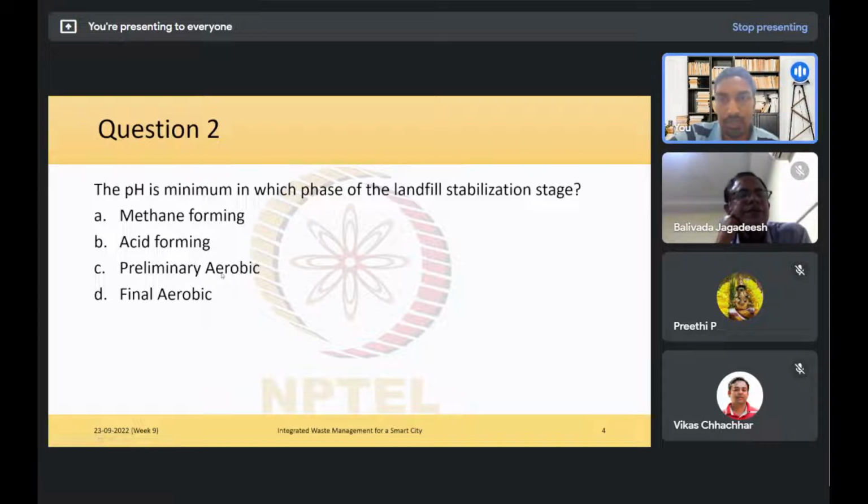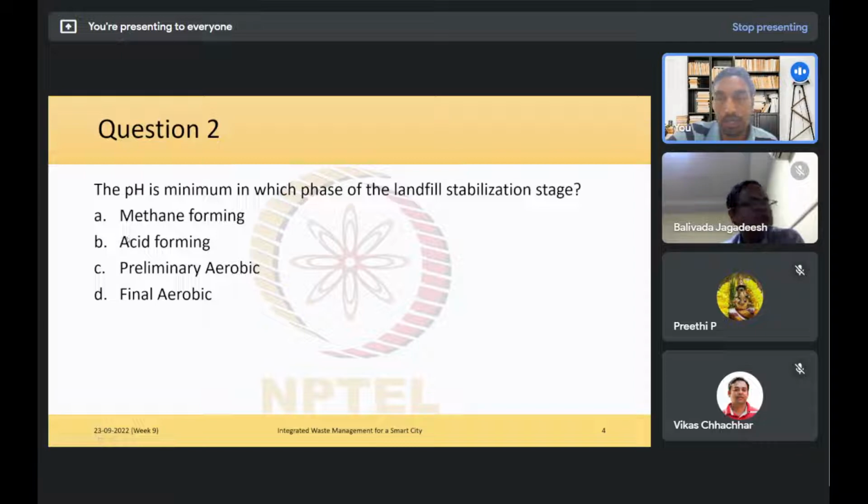So we start with an aerobic phase because when we start filling up this landfill, it will be open for some time, right? And there will be some unfilled space as well. So all this space will be filled with air, right? So that promotes the aerobic decomposition at the start of this landfill, right? So when it is young or at the start. Once this preliminary aerobic phase is done, we go into an anaerobic phase,